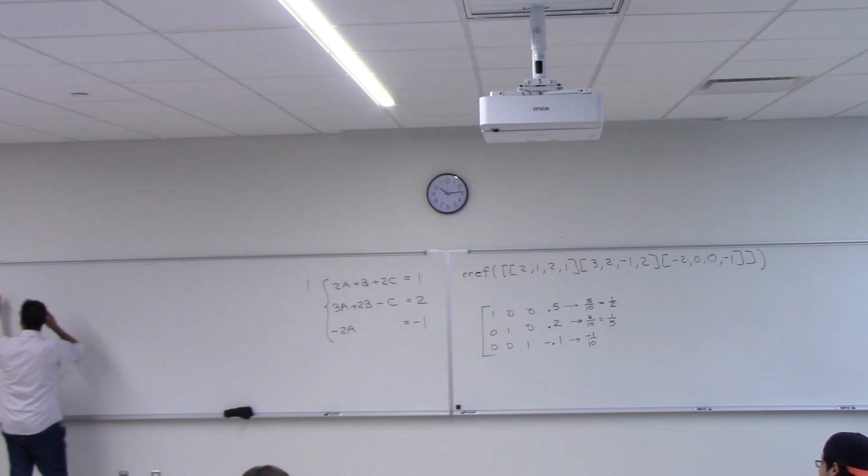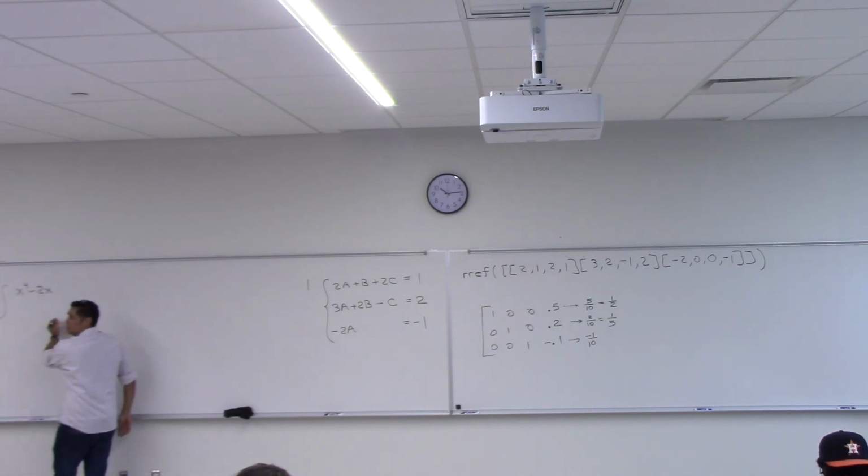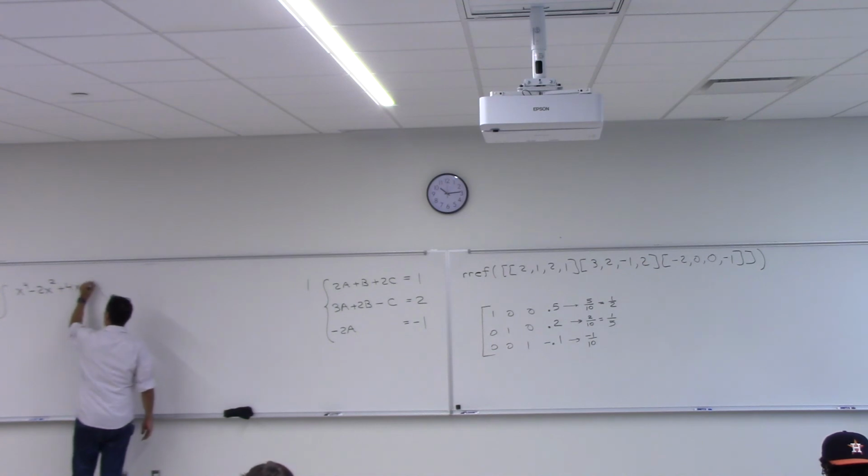Yuck, right? X to the fourth minus 2x squared plus 4x plus 1 over